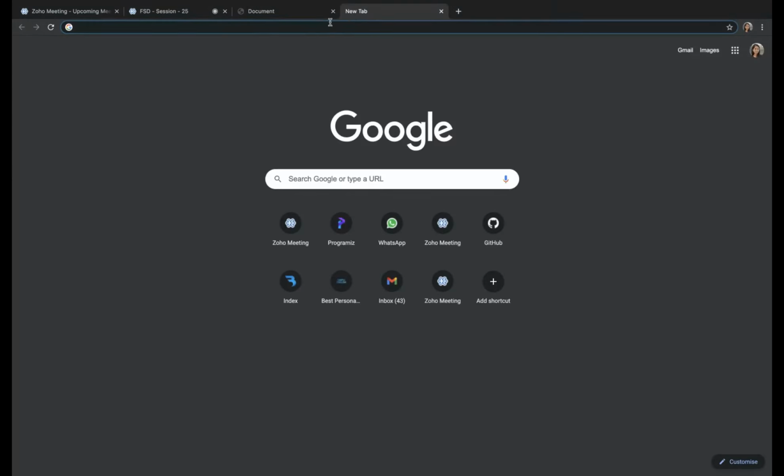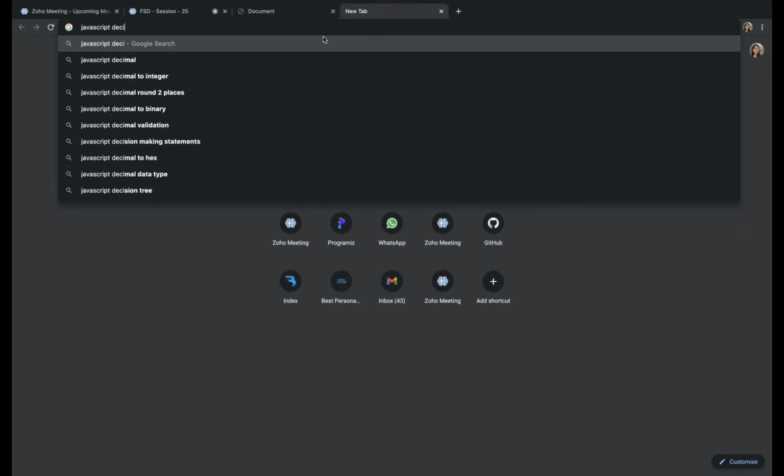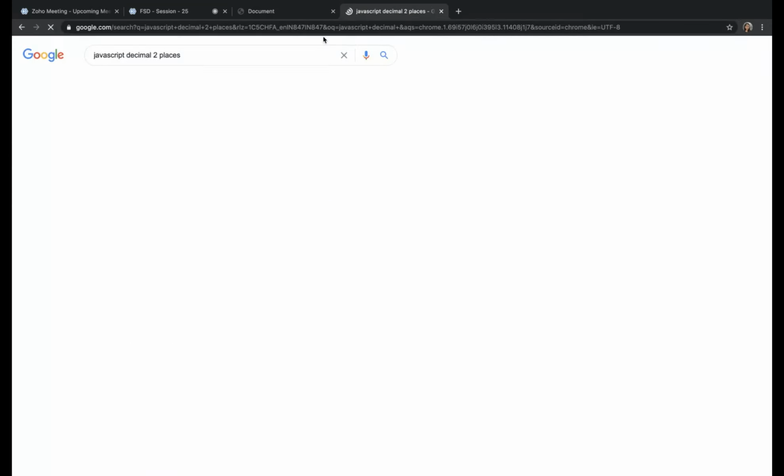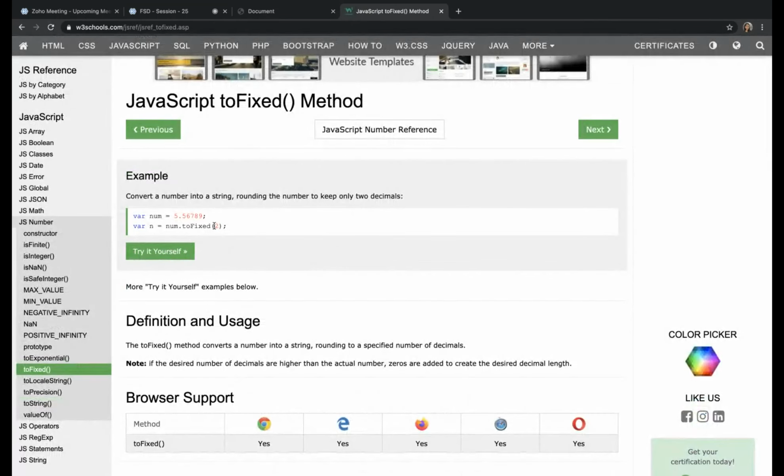I know what to give, but I'll check on the internet. Decimal JavaScript. Decimal value. See, decimal two places. What is written? toFixed.